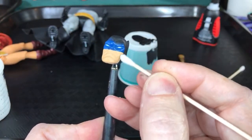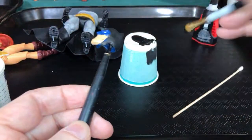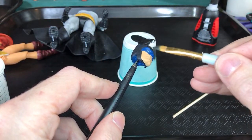There we go. All right. So let's go ahead and fix up these lines now. Now, as you get close to these little detail areas, you're going to want to switch to a more accurate